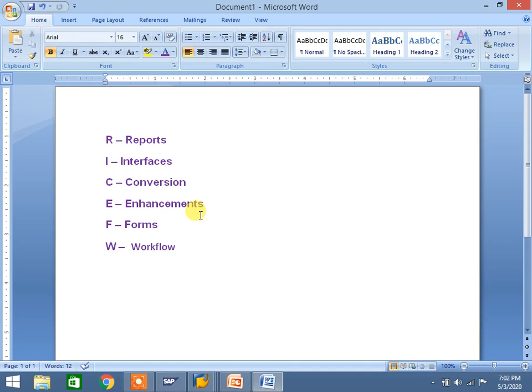Here also the same thing: the functional consultant gathers requirements from the user and prepares the functional specification. After that they provide it to the technical consultant. Once they complete development, we need to test it. Once tested, we move it to quality for UAT. Once the user confirms UAT, we move it to production. After completing their coding, they can do the TSD, technical specification document. FSD is the functional specification, which the functional consultant does. TSD is done by the technical consultant.